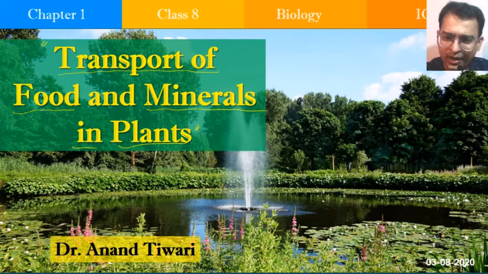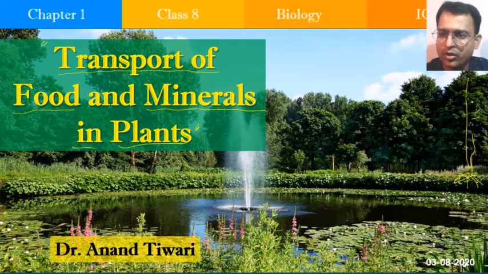because plants may be very tall, okay, trees like this. They need to derive the water and minerals from the soil through the roots, and these have to reach high above the ground to the branches, leaves, and so on.